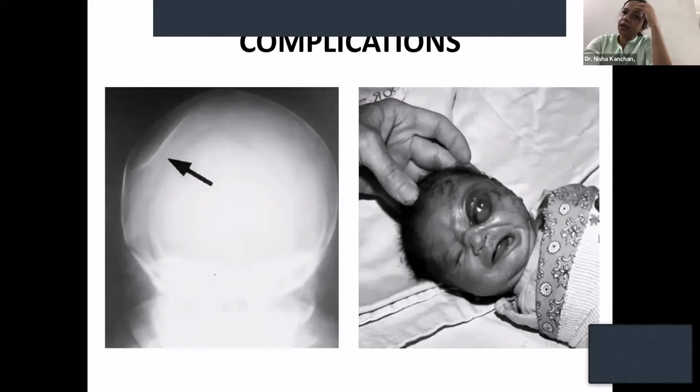On the left side is the skull fracture. It is very difficult for the obstetrician even to explain to the parents how this happened. And in this, you can see facial palsy of the baby. Plus you can see the forceps mark, the blade mark over the cheek of the baby. This forceps was applied over the cheek and also over the eyes, so retinal hemorrhage also will be there in this baby. And later complications, they will have jaundice. Pathological jaundice will also develop. So it's a tough time. Assessment and good judgment is very important on the part of the obstetrician to prevent these from happening. Okay, so these are the complications of forceps.